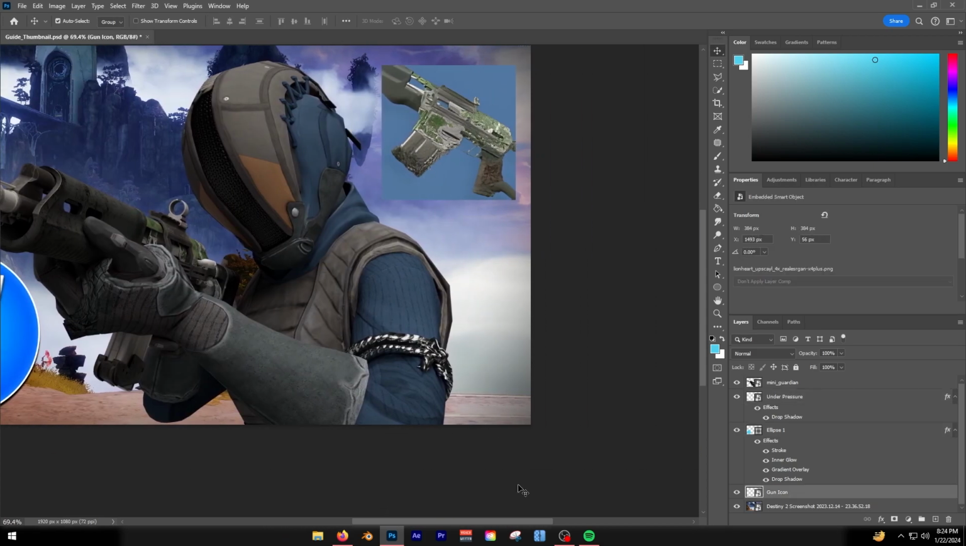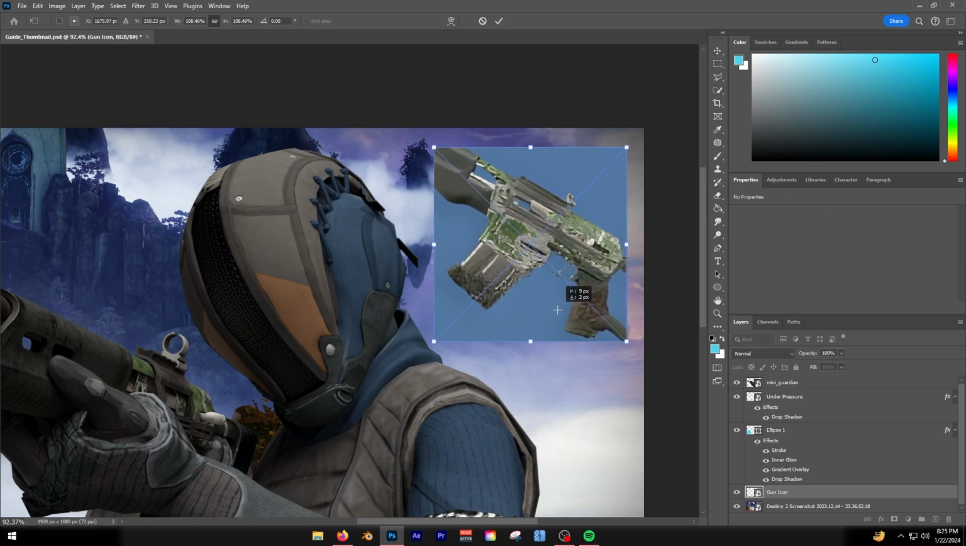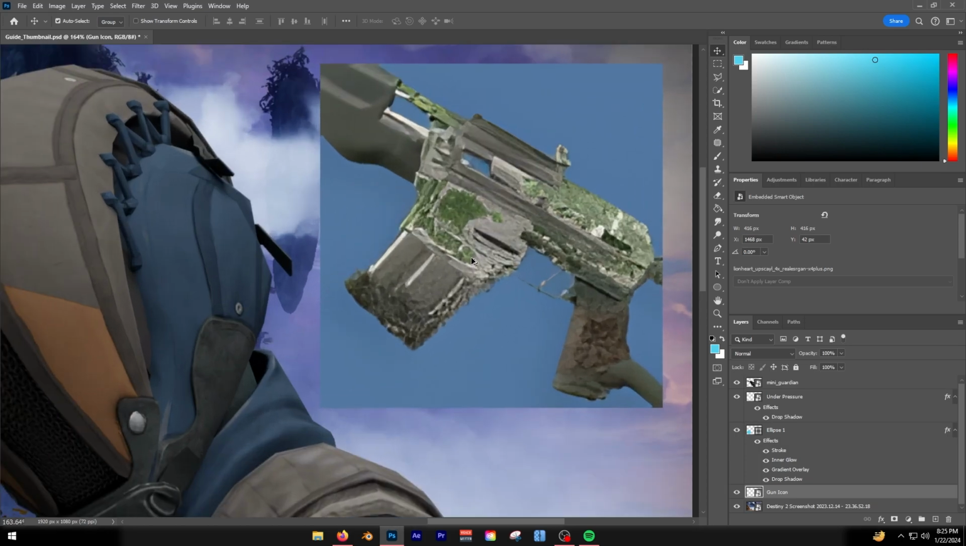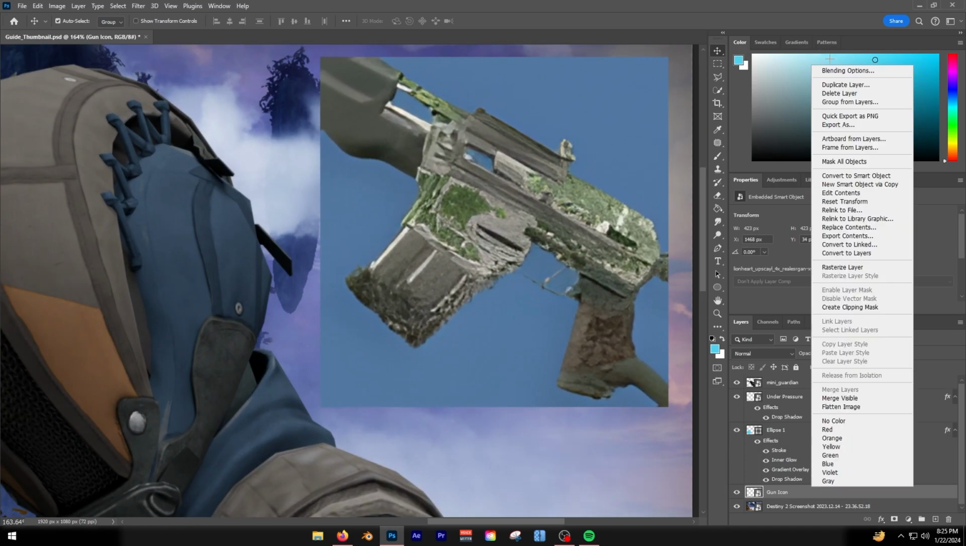And then we're gonna do this one over here. Not the perk, I meant the weapon icon. The gun I'm using in this is Lionheart, so we're gonna be using that. And then we're basically gonna do the exact same thing, except we're just gonna use